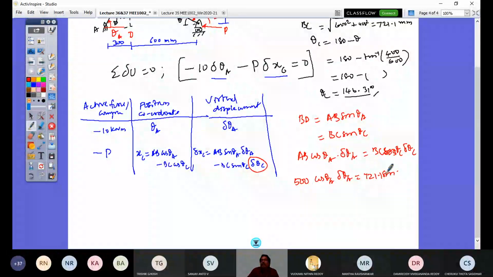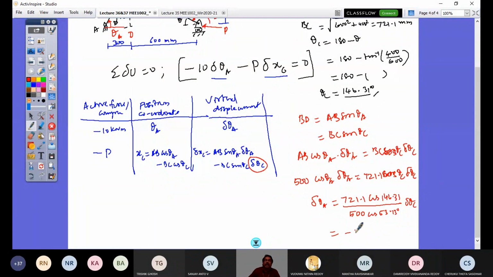Cos theta C delta theta C. So delta theta A would be equal to 721.1 cos 146.31 divided by 500 cos 53.13 into delta theta C. So this value is going to be, since it is the cos of an angle more than 90, minus 0.5 times delta theta C. So I have this relationship established,